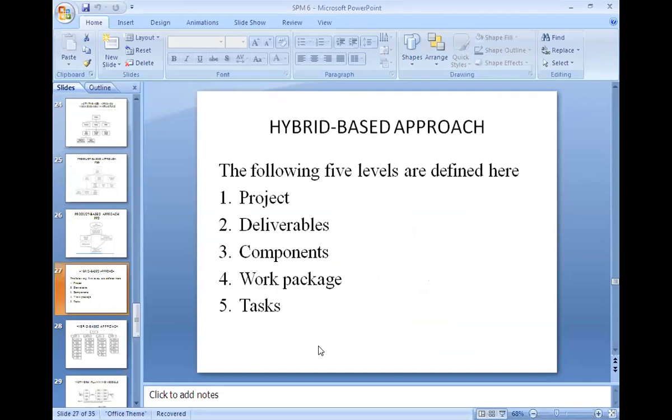Hence WBS has the analysis of structuring both product and activities. So a hybrid approach is a combination of both activities and product.